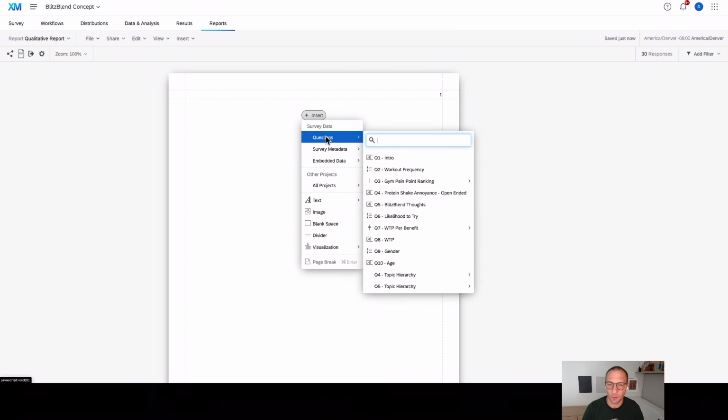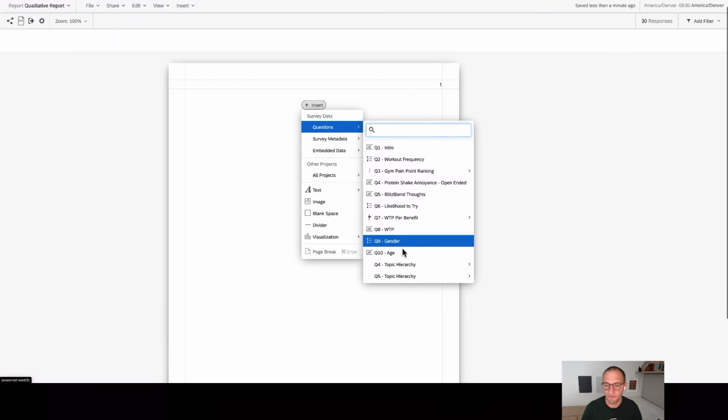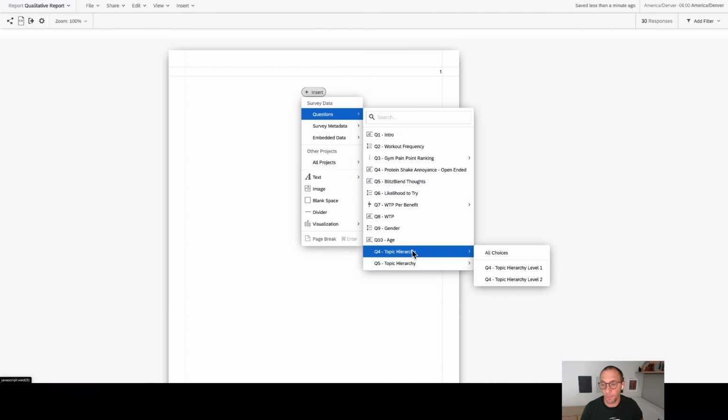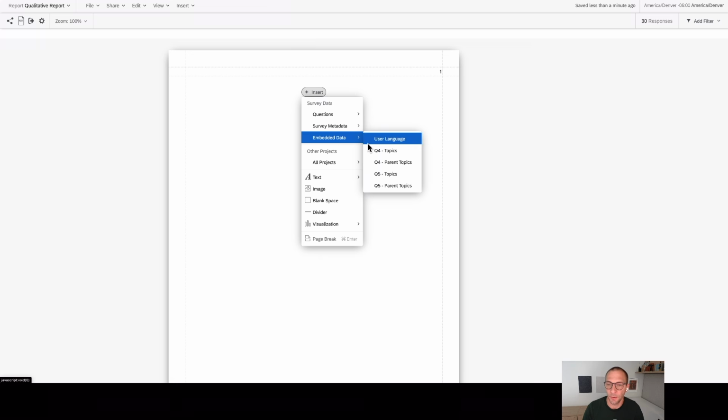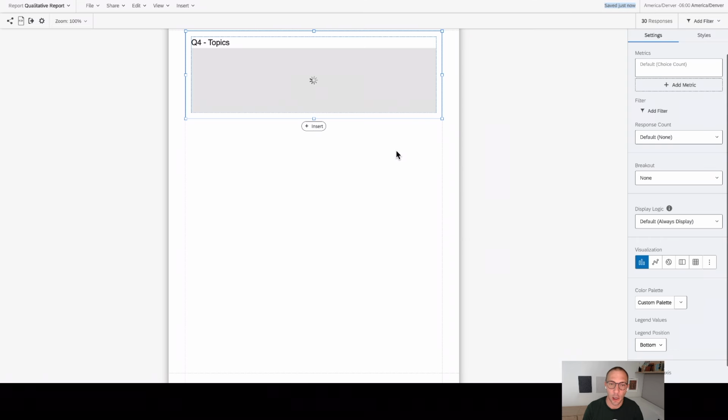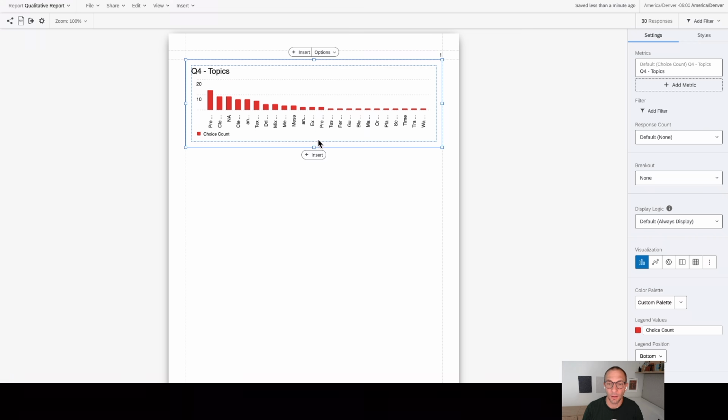So we have, you can create different visuals for questions here. We have Q4, we have different hierarchies, level 1, level 2. Those can get a little bit confusing, the way that they're worded. I like it better the way it's worded in the embedded data. You created these as you filled in the topics and parent topics for the comments. So here I'm going to collect embedded data, Q4 topics. And here's all the topics